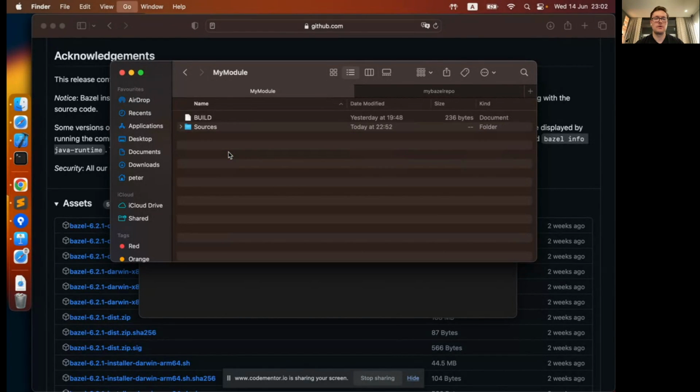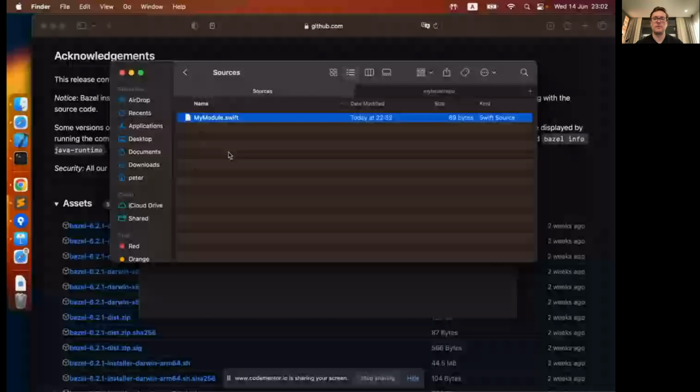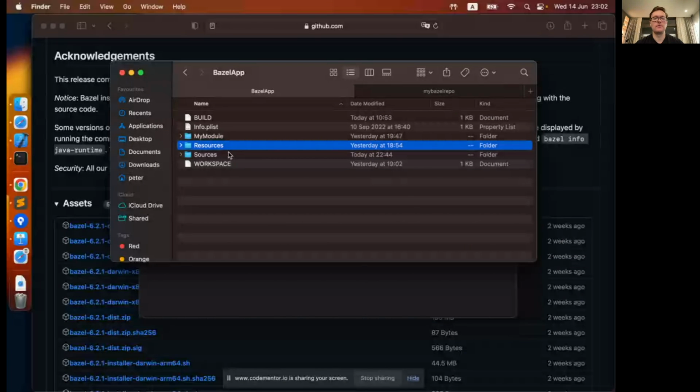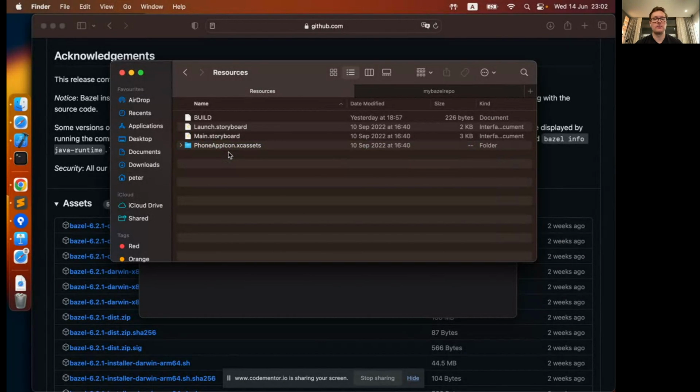This is where our example module is located, again, the one that we've used before. And we have a resource folder for our storyboard and the app icon. Now that is done,